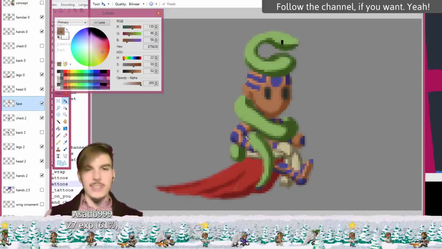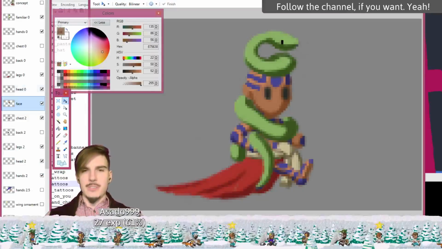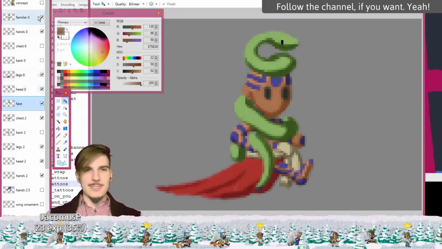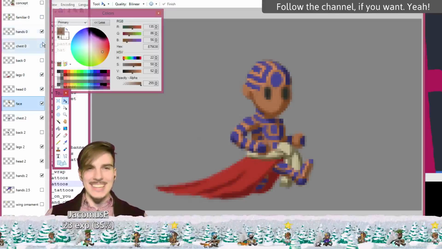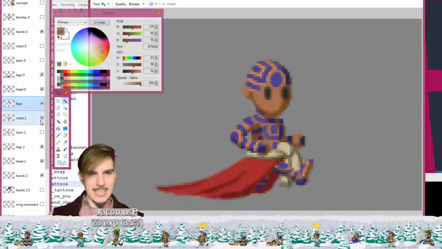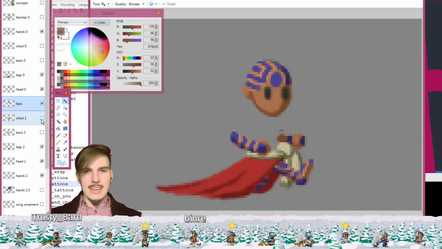Oh, yeah, so the hands. Hands level 2. Oh, so I probably shouldn't have shown all these layers again. This time I'll deactivate the chest layer and